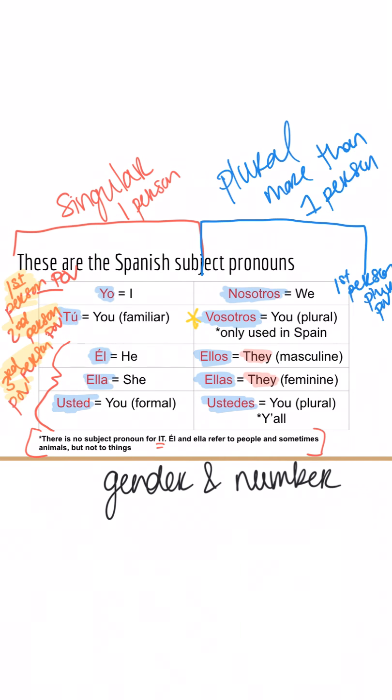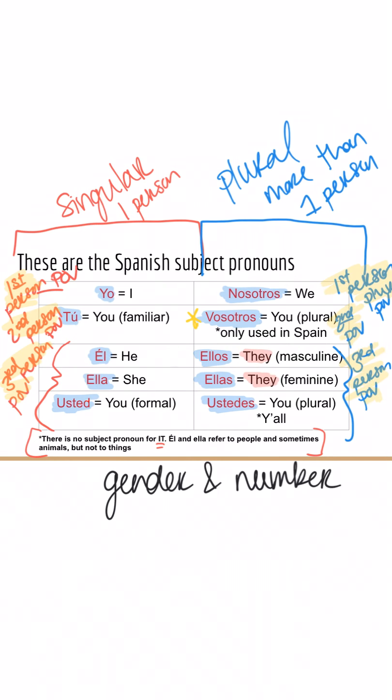Okay, for vosotros, this is technically our second person point of view. I'm going to leave it in shorthand since you have the left. And then just like on my left-hand side, the bottom three, ellos, ellas, y ustedes, you guessed it, are for my third person point of view. Okay. Now, something to note here as well